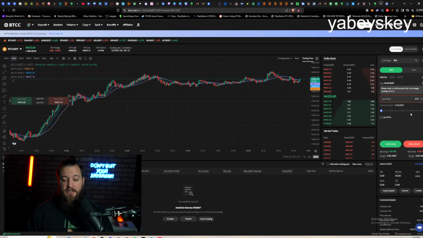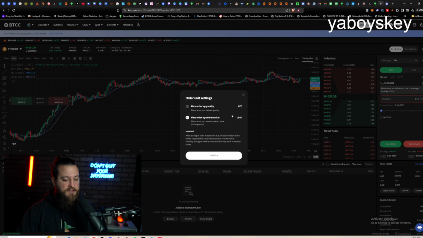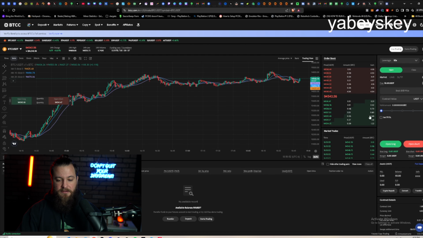Now, I've deposited USDT, and right now the asset it has is in Bitcoin, and we can't do that unless I want to deposit Bitcoin. In order to fix this, we're just going to hit this little tab right here, and we're going to do it in USDT. Okay, so now we're going to open a 10x long,